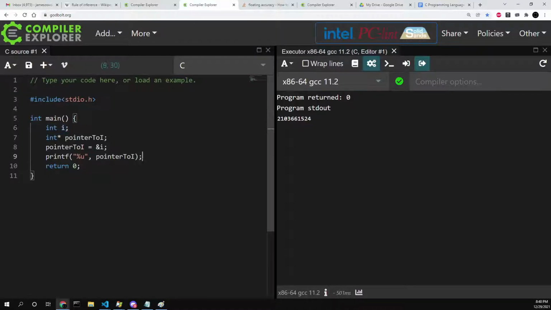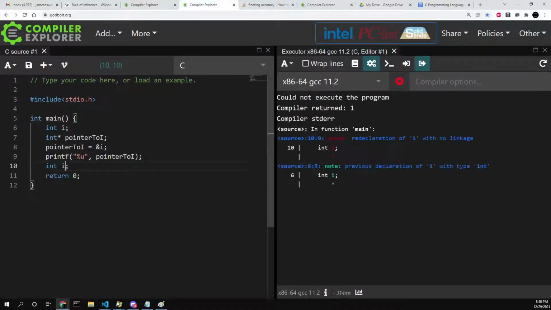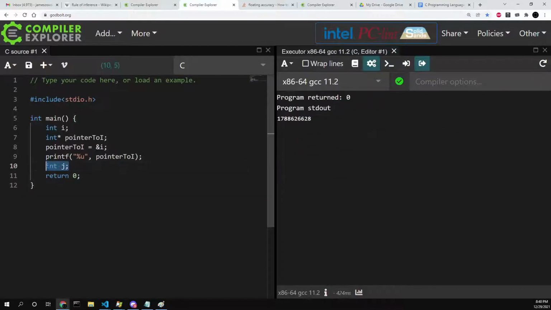If I declare int j all the way down at the bottom of my program, int j is not actually being created down here. J actually exists the second main is called. The reason for this is the compiler pre-allocates space for every variable declared inside your program